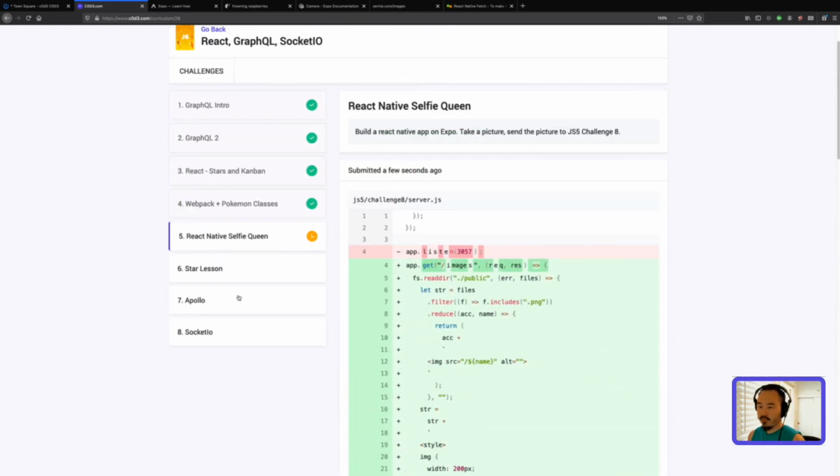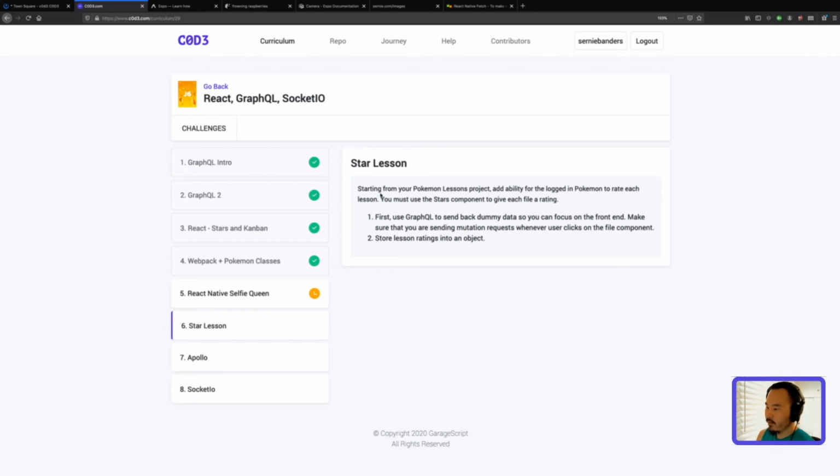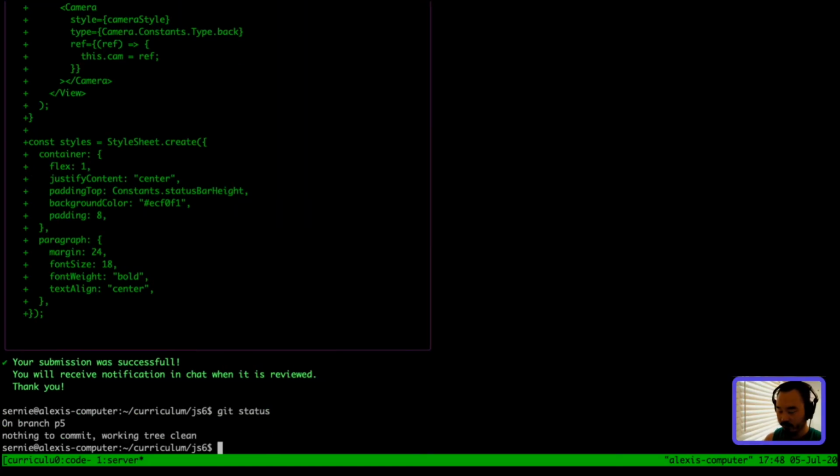That one was pretty simple. Now, starting from your Pokemon Lessons project, which was this one, add an ability for logged in Pokemon to rate each lesson. Alright, I need to be able to rate each lesson. This would be really interesting. So